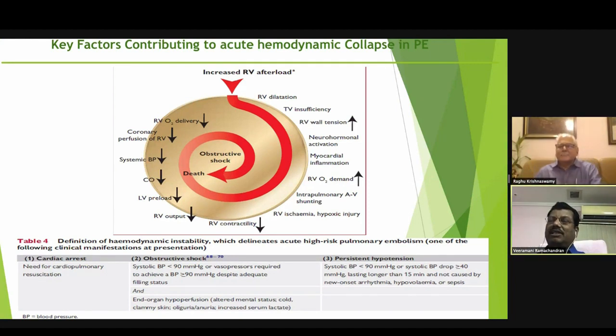Okay, sir. There are no more questions, sir. You have answered most of the questions and you have given valid points and given a nutshell how to use the echocardiography in various modalities of echocardiography for the diagnosis of pulmonary embolism and how echocardiography is useful in prognostication and the use in the treatment and what are all the procedural guidance by the echocardiography in the future. We have discussed elaborately, sir.